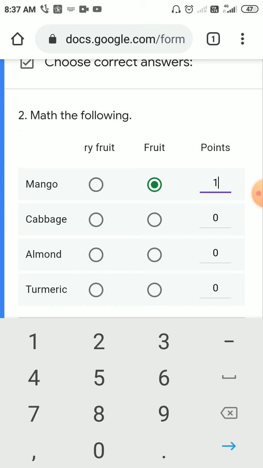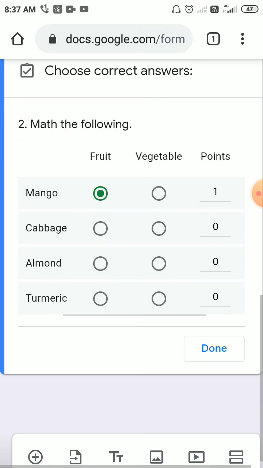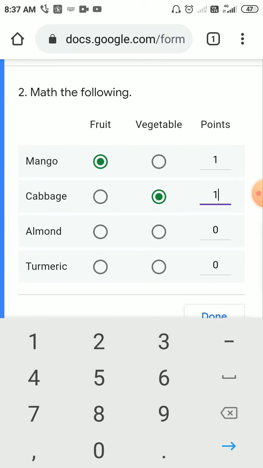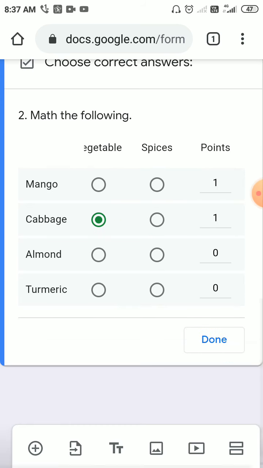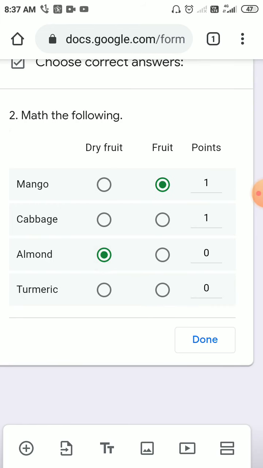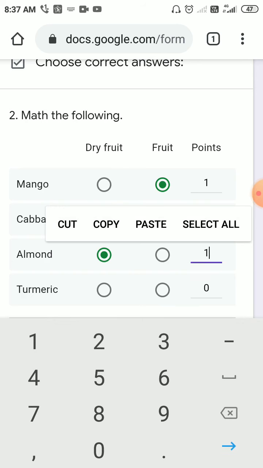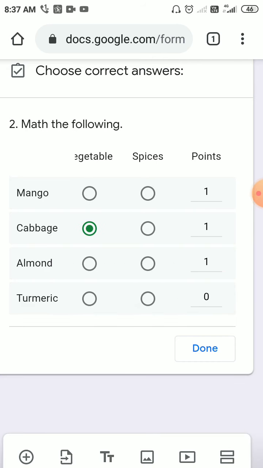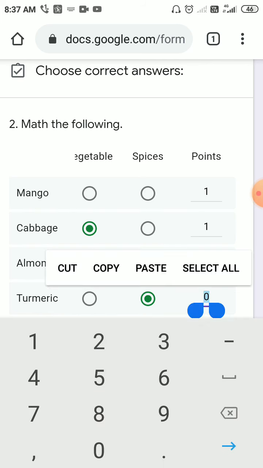Cabbage is a vegetable. So I marked it and I want to give 1 mark for this answer. Almond is a dry fruit, so I will click dry fruit, and again I want to give 1 mark. And turmeric is a spice. Again I want to give 1 mark.